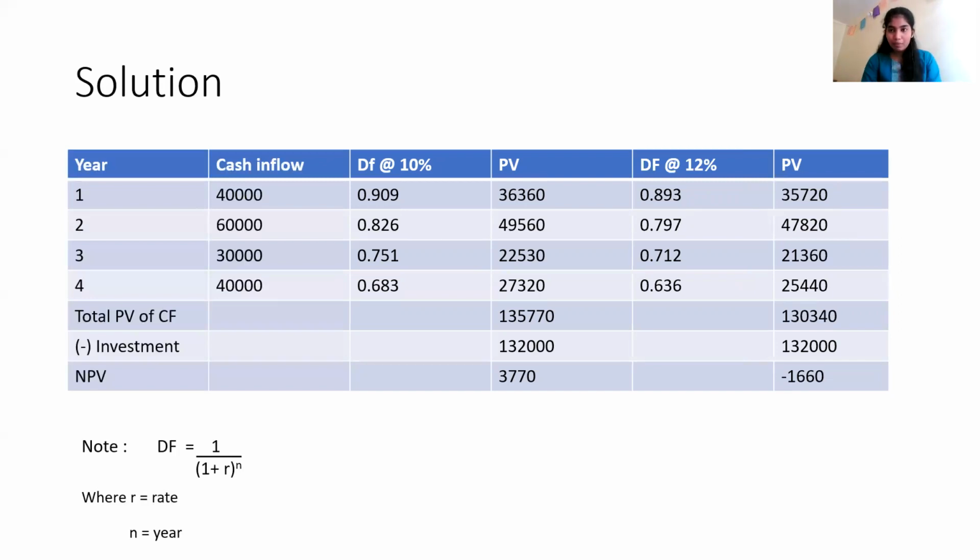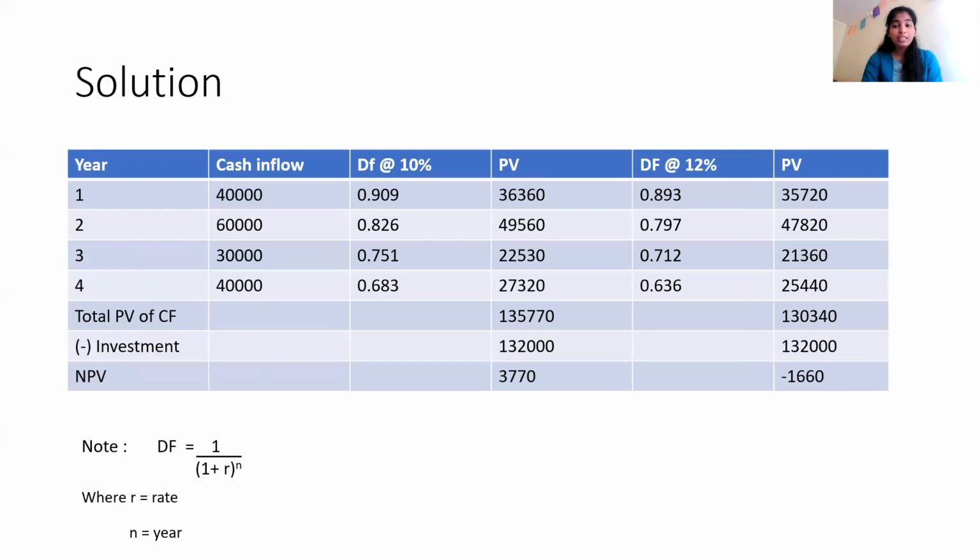So this will be my present value of cash inflows. Again, you will be summing that up. I'm getting 1,30,340. So what you'll be doing is minus your outflow. How much was my outflow? 1,32,000, which was given in the question. When you do that, you're getting a negative NPV. So according to our formula, we needed a positive NPV and a negative NPV. We have got both. So in case you're getting again a positive NPV, you'll again increase your discount factor to 14% or 13.5%.